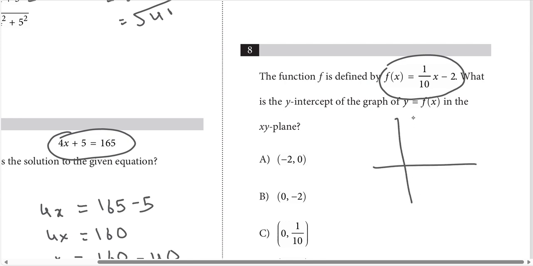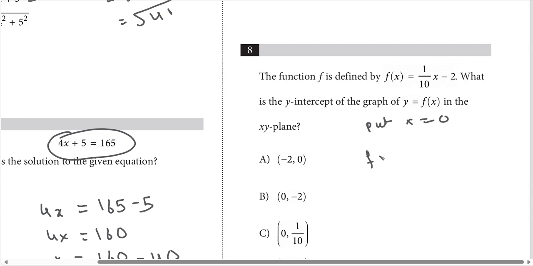Why? Because y-intercept means where does the graph cut the y-axis? Wherever it cuts the y-axis, it means it should not have any x value. So that's why all of these values, let's say this was 8, x is going to be 0, comma 8. If this was 7, x is going to be 0. If it's 5, x is going to be 0. If it's 1.5, x is going to be 0. That's what y-intercept gives. So a very good property of finding y-intercept: put x equals 0, which makes the equation